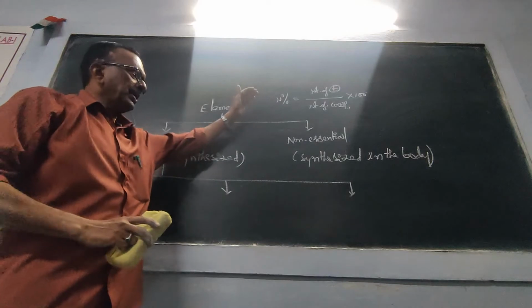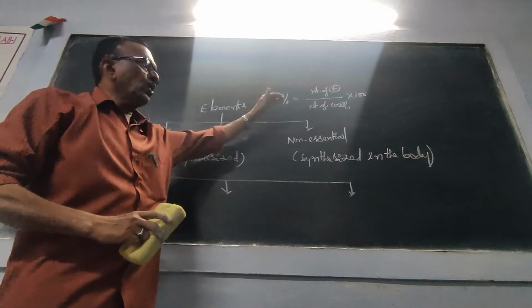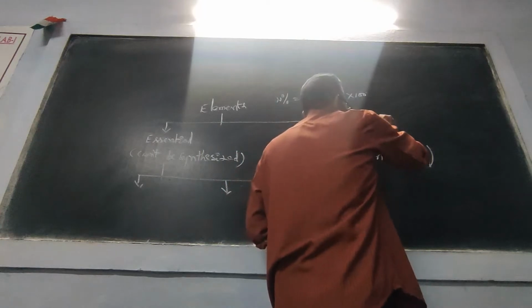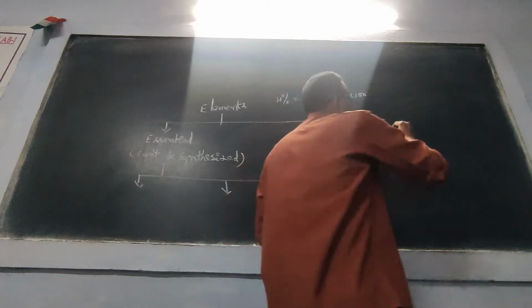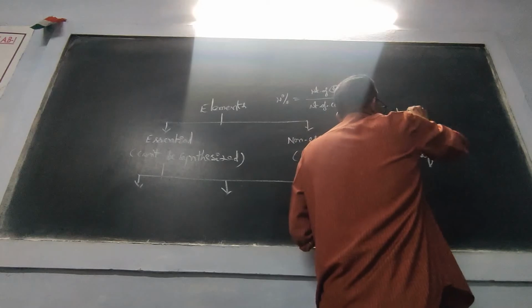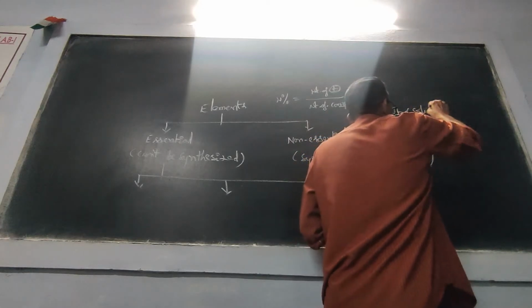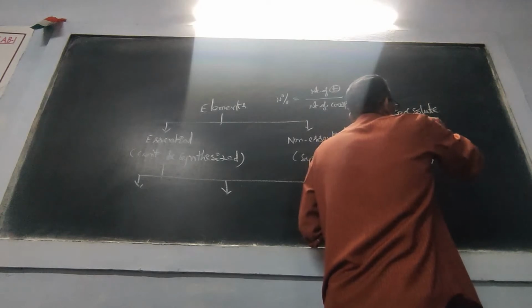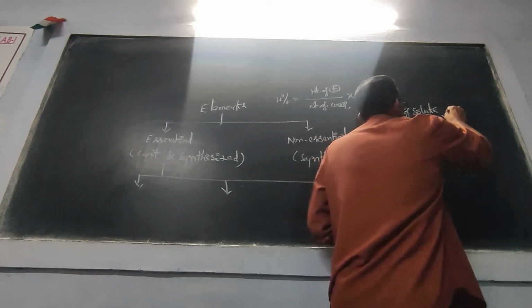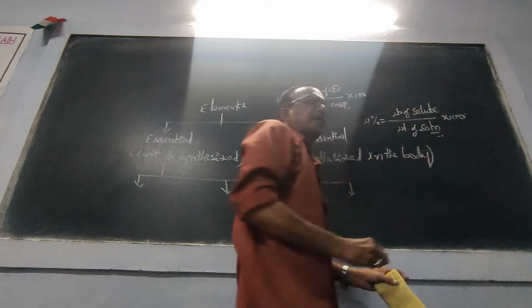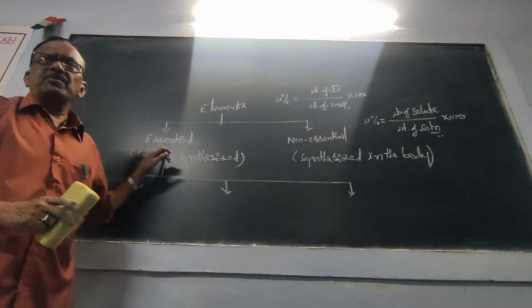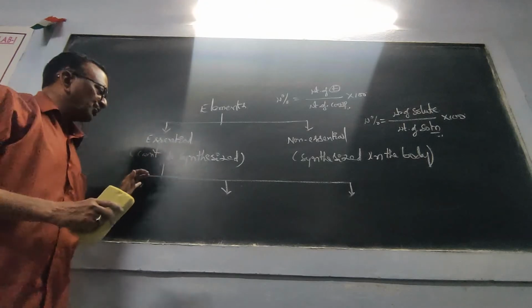So, weight of the element by weight of the compound into 100, or we can also find it like this: weight percent is equal to weight of solute by weight of solution into 100. Okay, so like that, these essential elements are once again classified into three categories